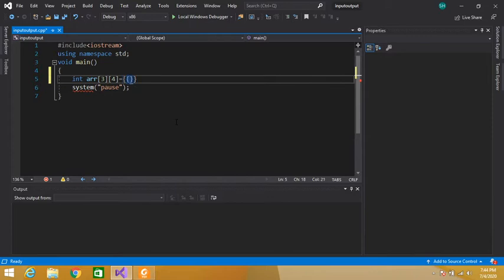Curly braces, and here we will write the values: 12, 14, 15 and 16. We have 4 columns, so we have written 4 values: first column, second, third and fourth.